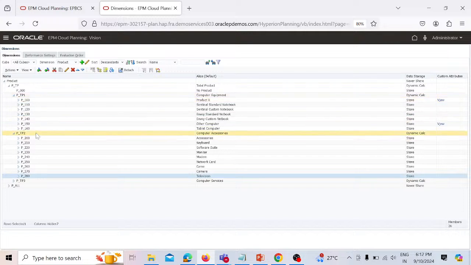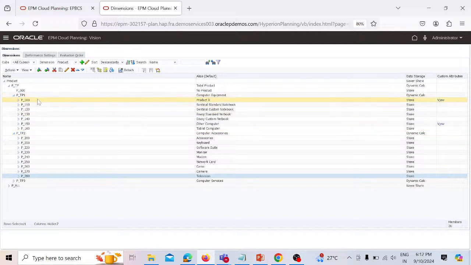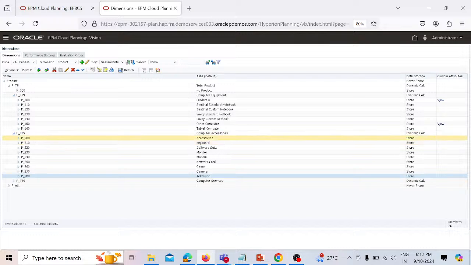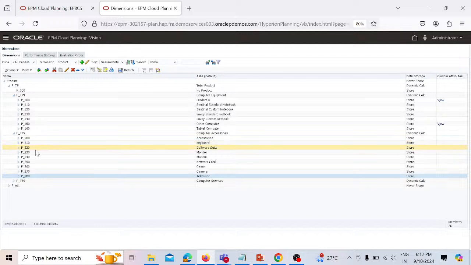So some of the elements of product X also belong to computer accessories, in this hierarchy. Then we actually want to have the same member over here. So to create one,